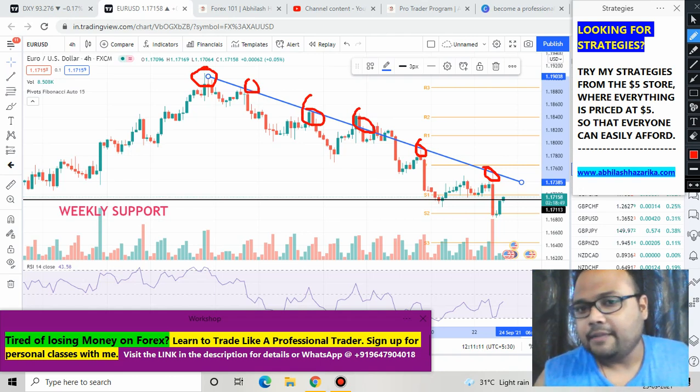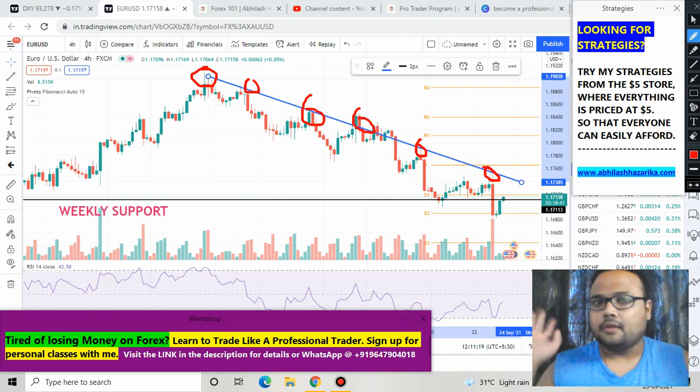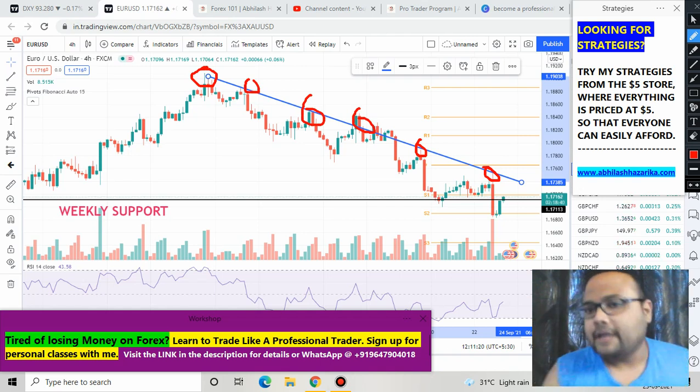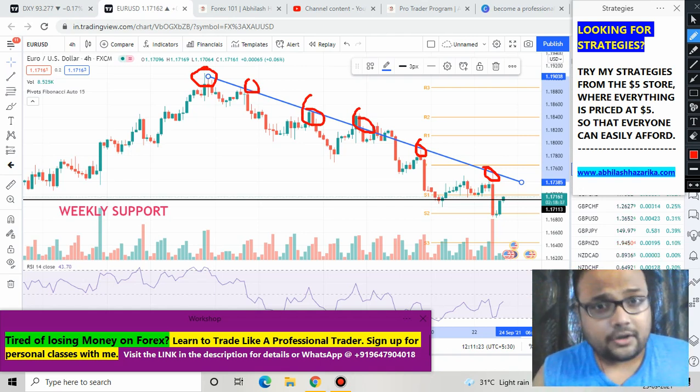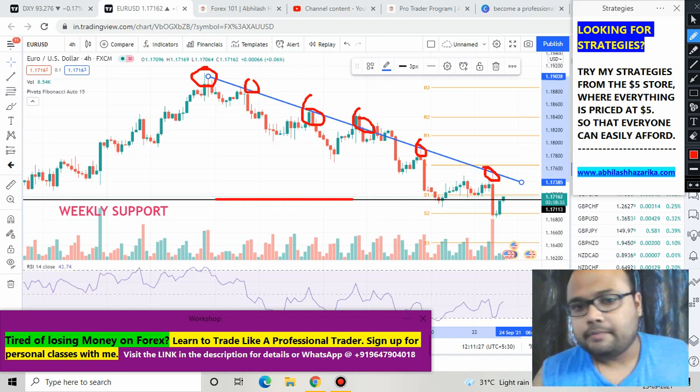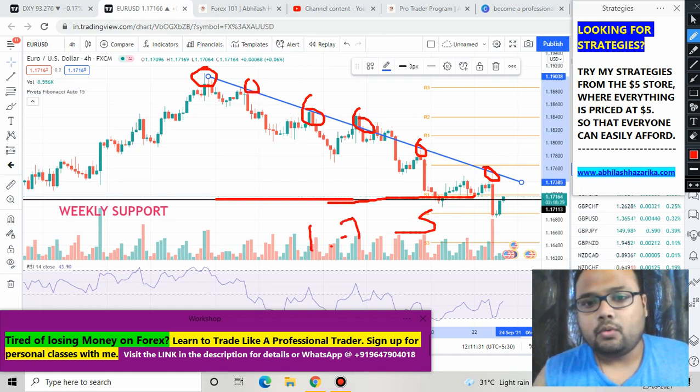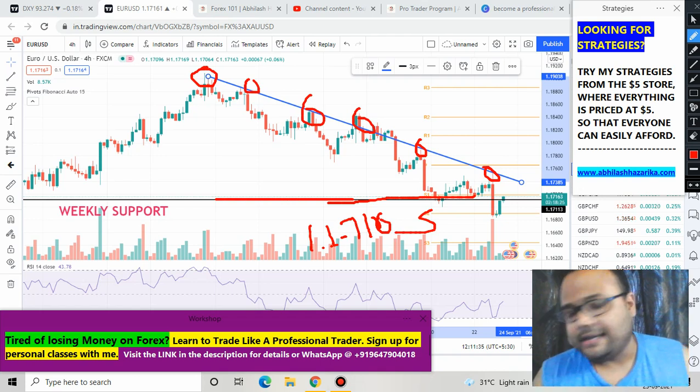and we cannot deny the validity, because we can see that whenever Euro USD was trying to go up, it was facing selling pressure from above. So my dear friends, just clean your chart and draw this trend line on your chart, and your chart should also mention 1.1710 as the support, and this trend line as the resistance.